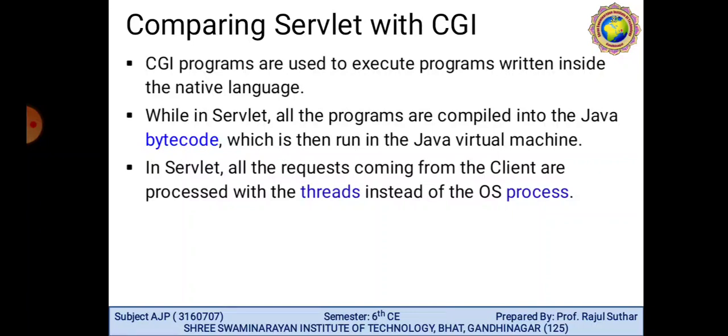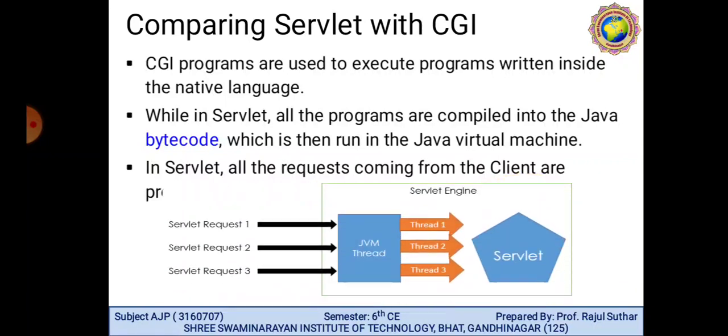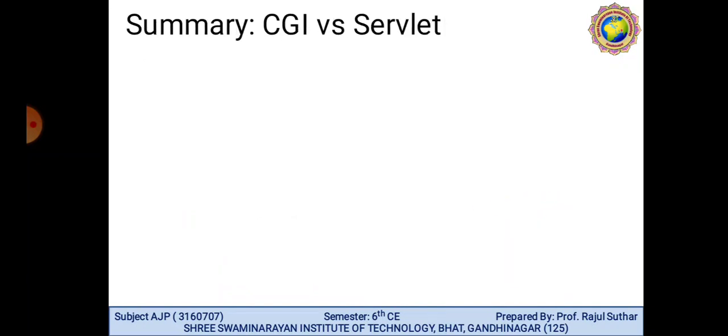So instead of OS processes, it works with threads. Here, request 1, request 2, request 3, all requests are handled by JVM threads, Java Virtual Machine threads. This engine is called the Servlet engine, and the requests are handled using threads by the Servlet.